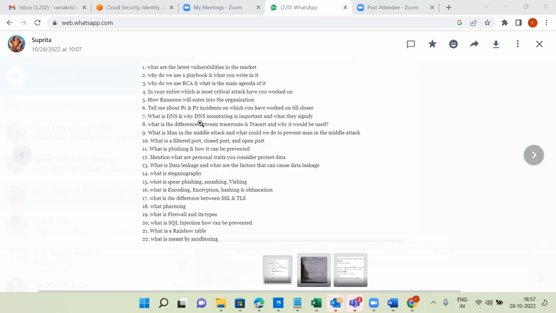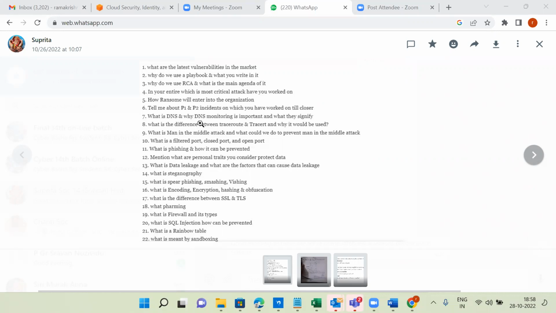Why? Because if any attacker, intruder or hacker tries DNS tunneling, DNS spoofing, DNS amplification or DNS poisoning type of attacks and compromises the DNS server, the entire organization will get compromised. Whenever an end user tries to access any domain, application or website, the attacker will redirect them to malicious websites.